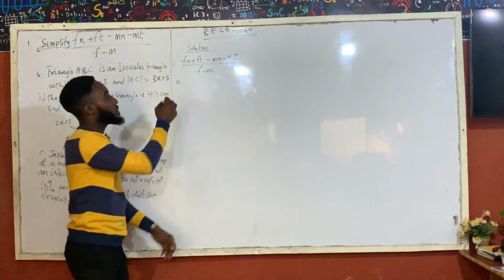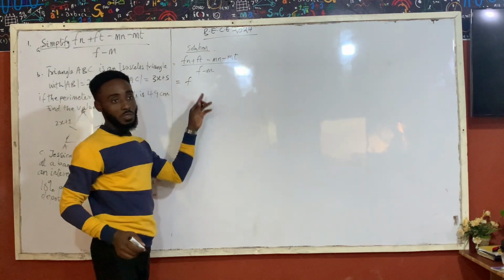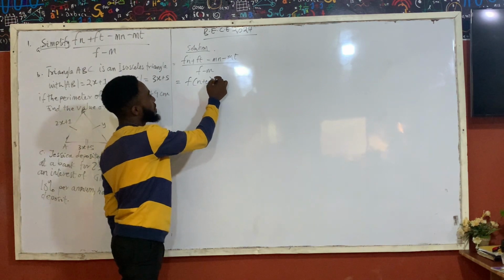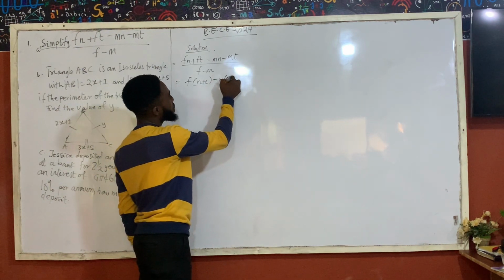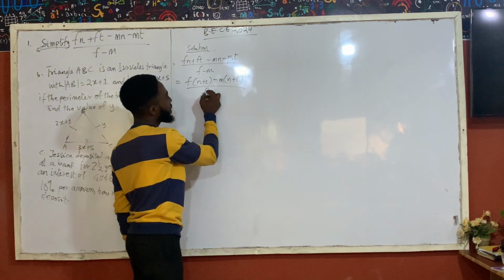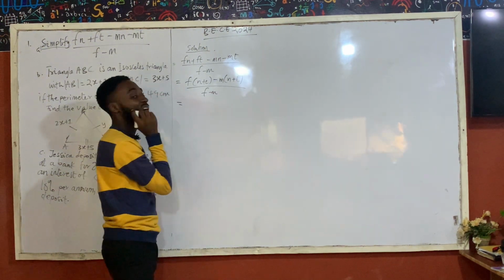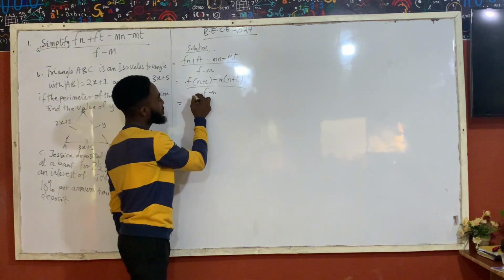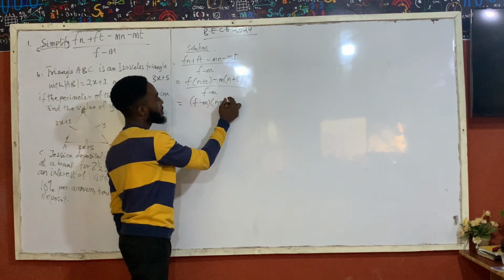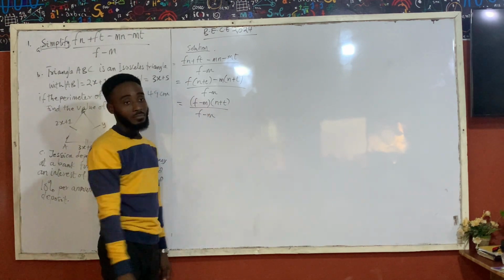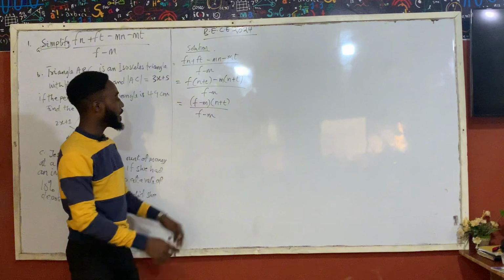The common factor for the first two terms will be f, right? f into bracket n plus t, minus m into bracket n plus t, all over f minus m, will be equal to f minus m multiplying, yeah. So you can cancel out this and then you'll be left with